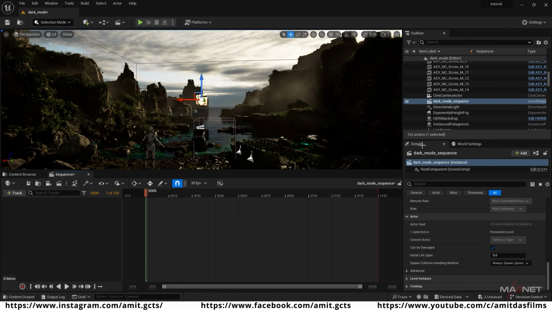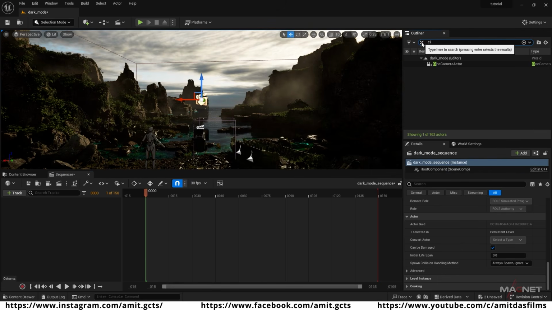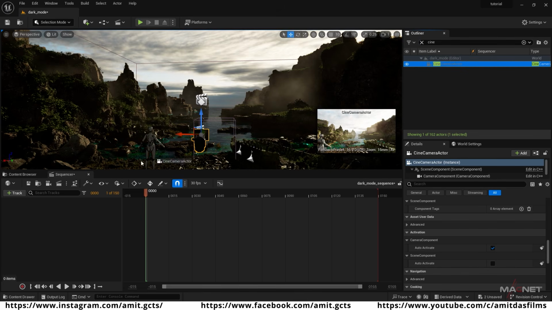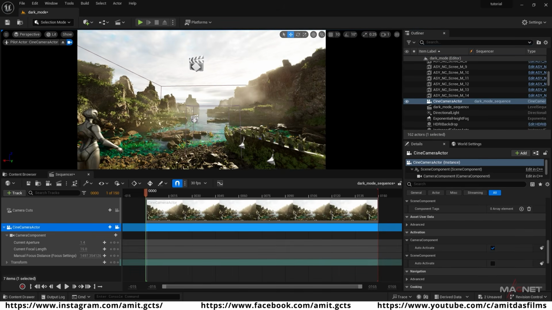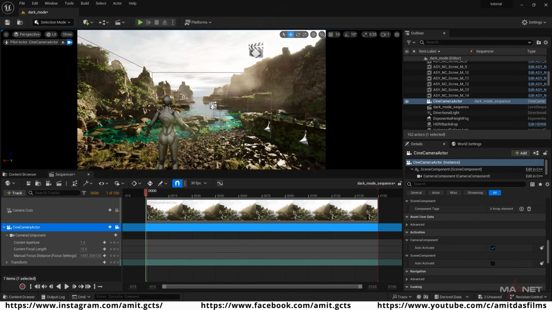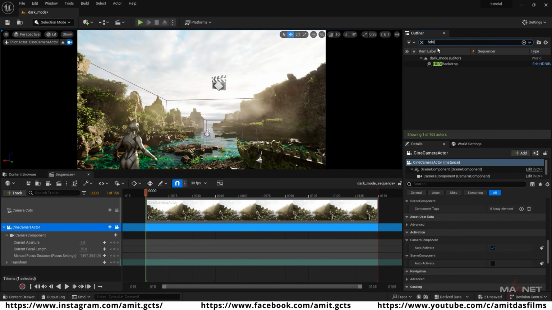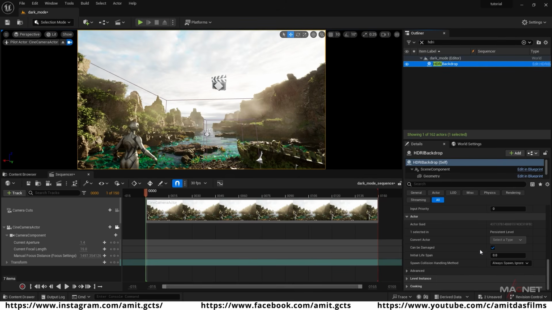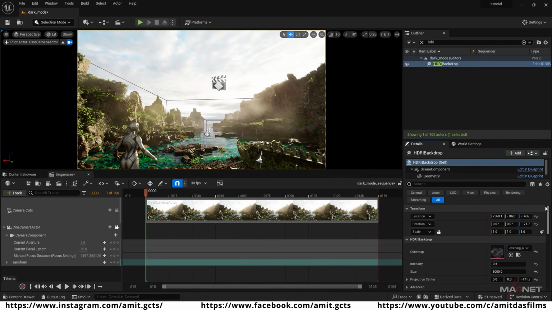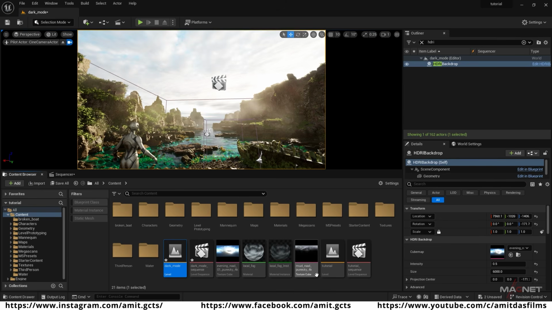And also we bring our camera over here. So we go to the search option and type Cine Camera Actor. Here it is, just bring it over here. So here it is, and now we are going to change our sky first. So for this we go to the search bar again and type HDR, and here is the HDRI backdrop, and then we go to the top, and here is the cube map slot. So we're going to use this cube map this time. So you just drag and drop over here,